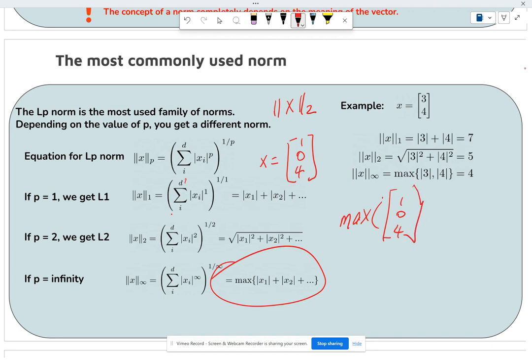104, which gives us 4. So that one is pretty easy. Okay? In general,